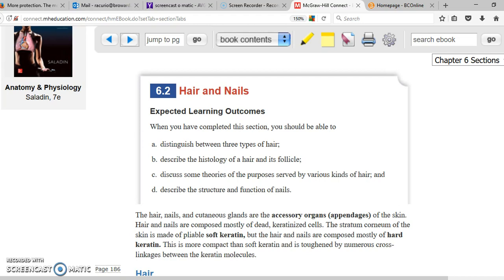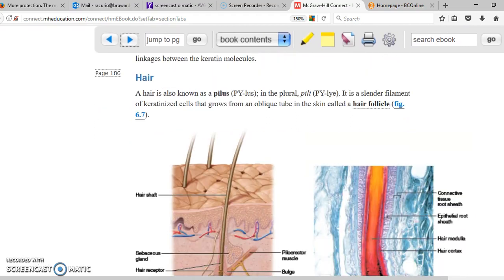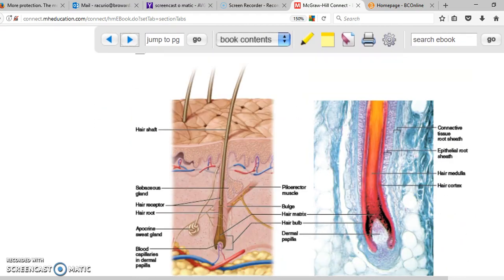There are structures that we have in our skin, but there's not much to say about it, and there's not much for you to know about it other than the structures that the hair is going to have. For example, the hair is going to have a hair root right here. Okay, a hair bulb, which is this one right here at the very bottom, and a hair shaft. Hair shaft is the one that we are constantly cutting and trimming depending on the different